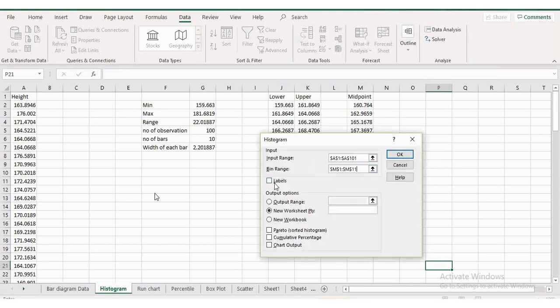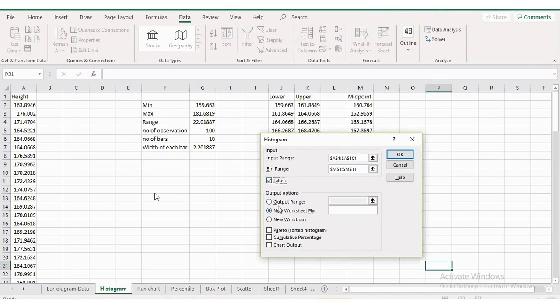Okay. And select the labels. Why do I need to select the labels? Because when I selected the data, A1 contains the label name, so here also the label name. Don't make the mistake of selecting the label in one place and not in the other. If you select the label here, select the label here also. If you're not selecting the label here, there is no need to check this box. But as I have selected the label, that's why I check the box.